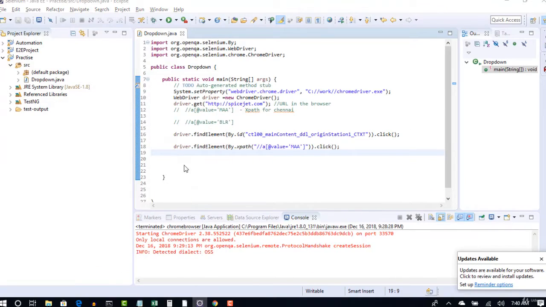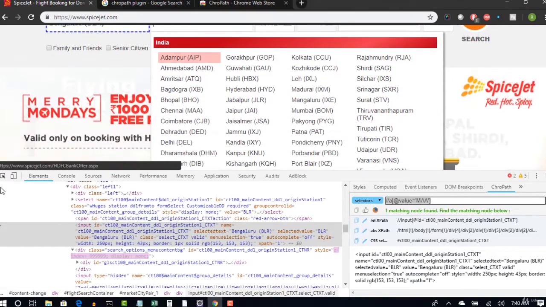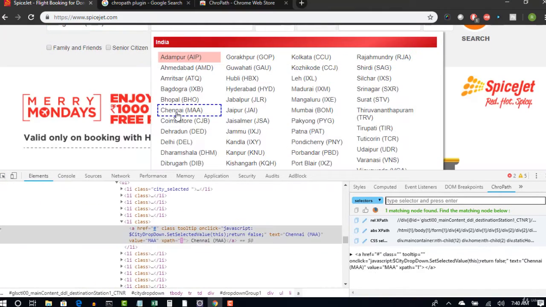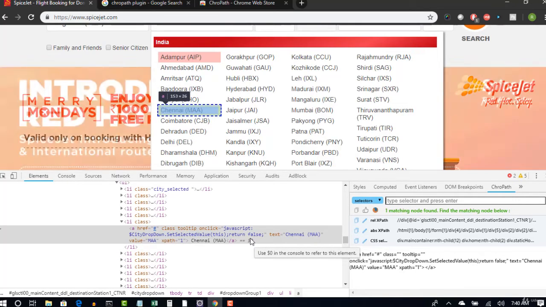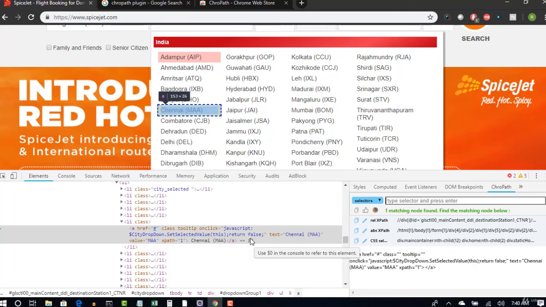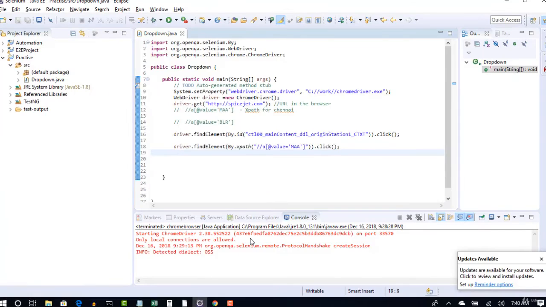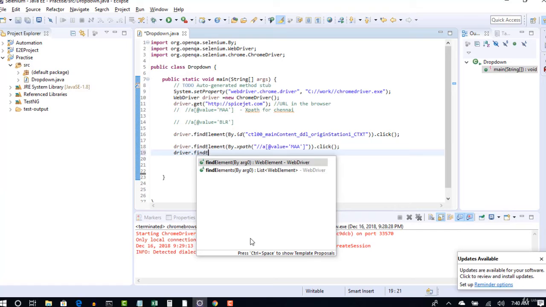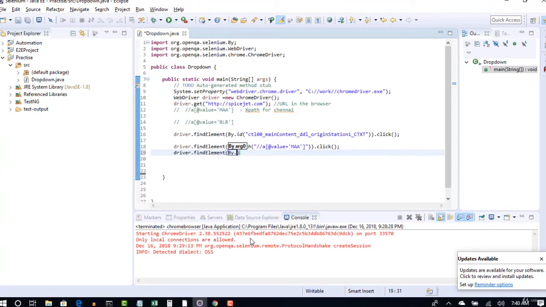Okay, now this is Chennai. By seeing this, first of all, you will not get an idea of all this dynamic index thing, right? Blindly, including me, will write this XPath simply, driver dot find element, with the concepts we learned till now, we will simply put this XPath, isn't it?